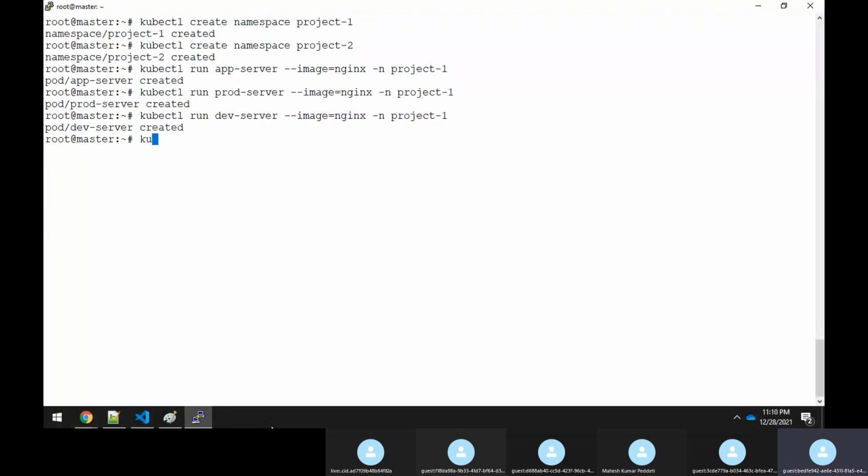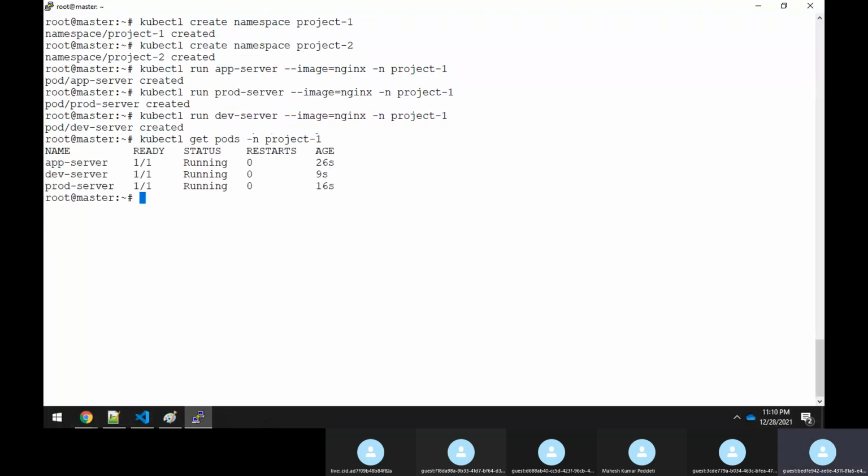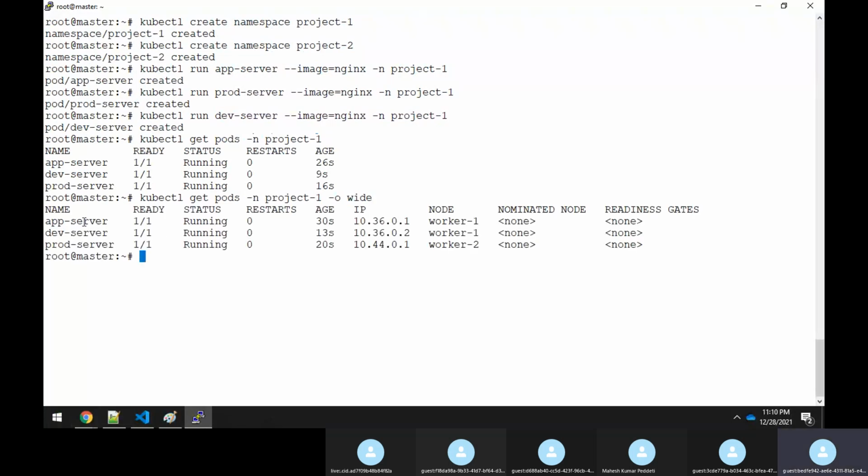Now if you say kubectl get pods, specify the namespace as project1, and say -o wide, all your pods are running, but you can see that the pods have been distributed across worker1 as well as worker2.